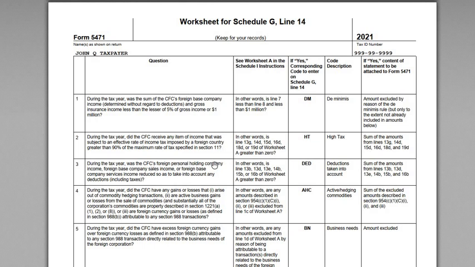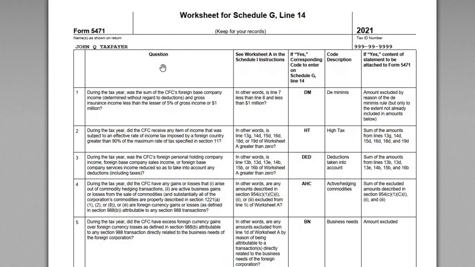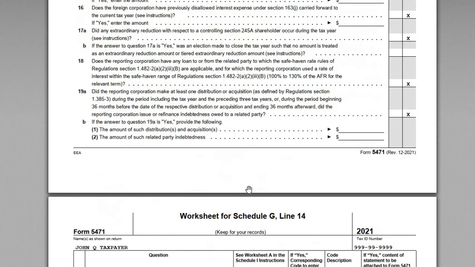So overall, what is this trying to do? This is trying to figure out what kind of inclusions or exclusions or Subpart F income limitations might apply to the U.S. shareholder. So you have a lot of questions here. On the far left column, you have the question, and then this column here, it says see Worksheet A in the Schedule I instructions. So they're giving you line item references to better answer this question, right? And then we have the corresponding code here, which is ultimately going to be reported up here on line 14